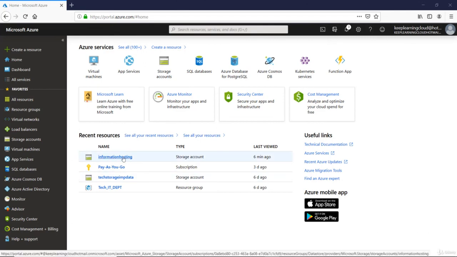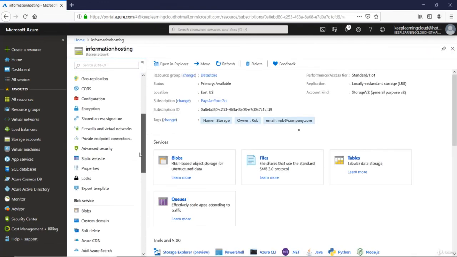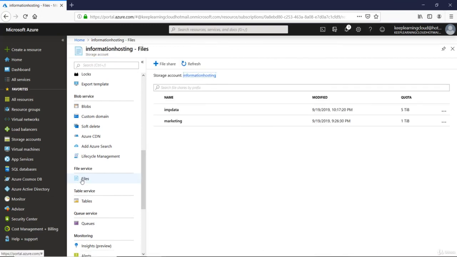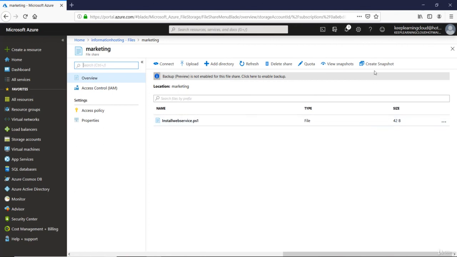Now I'll click on the information hosting file share, then scroll down to the point where I see file service and click on it. As you see, there are two file shares that we have created in our previous lab activities. I'll click on one of these, and then you will notice on the top right hand side there's a create snapshot button. I'll click on it, and because there's very little information inside it, the size of the snapshot will also be small. Amount of time it takes to create